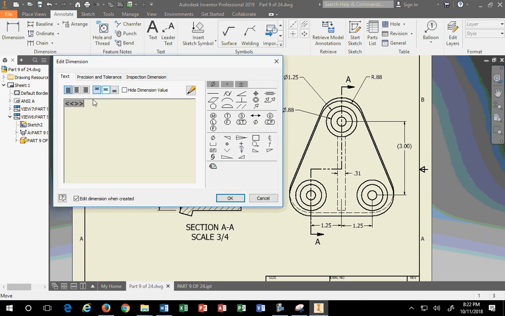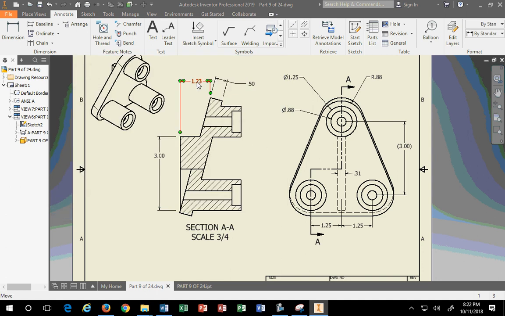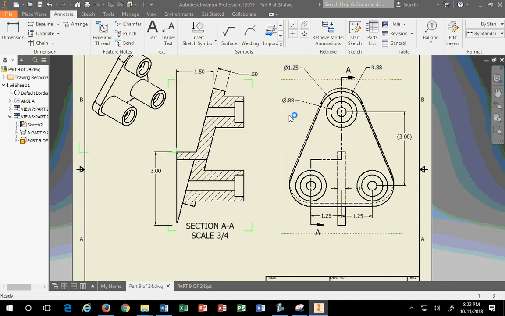This guy, 1.23. When you double click on it, all you're doing is changing its presentation. You're not changing the actual dimension. You have to right mouse button and pick Edit Model Dimension. So if 1.23 is no good and they say, no, I want it to be 1.5, look what it did. It made it 1.5. And whatever parameters you had were good, because you see how it updated without blowing up. Now if I try to pick something really bizarre,